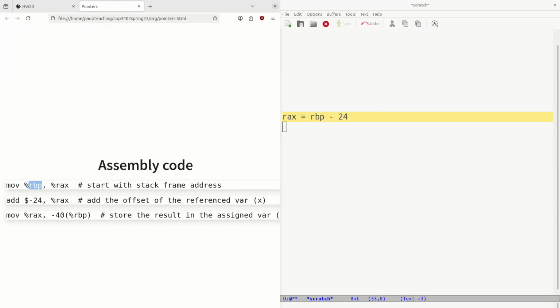Yeah, you mean like you first move RBP into T1 and then subtract, for sure. There's a lot of ways to implement it. There's many ways to implement it, but you're not forced to. So add